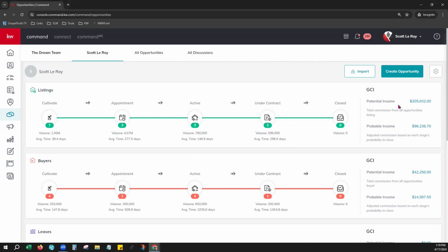All right. And so we just showed you the average time for each one of those phases. Now let's look over here to the right. I want to show you this. This is your GCI, but it's not just your potential income, it's your probable income. The potential income right here for your gross commission income is this number right here. This is for your listings pipeline. It's the total commissions for all the opportunities that are in this entire pipeline right here. So that's grand total,